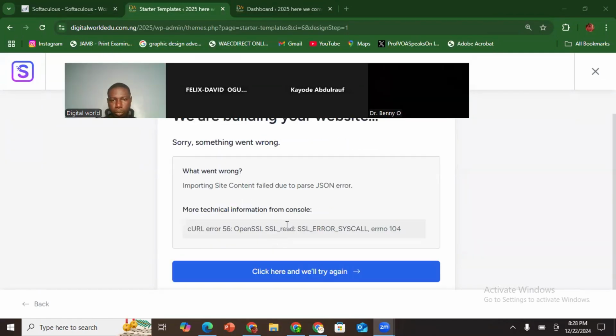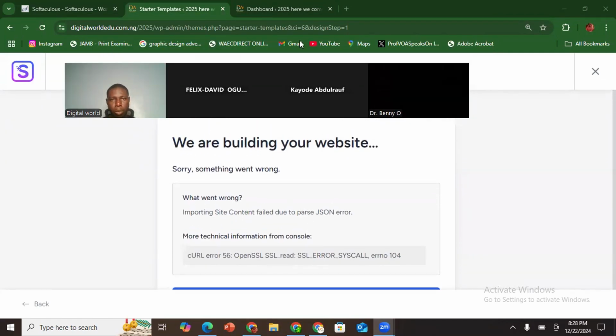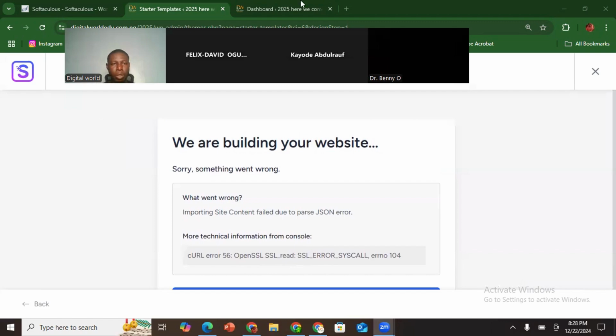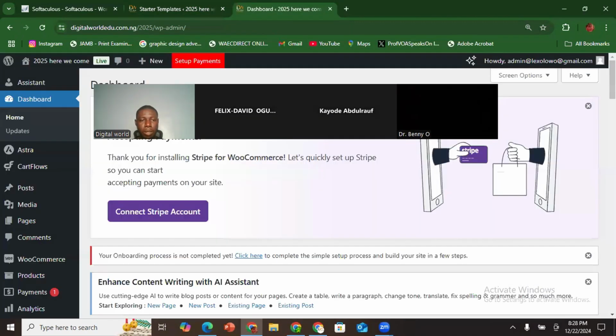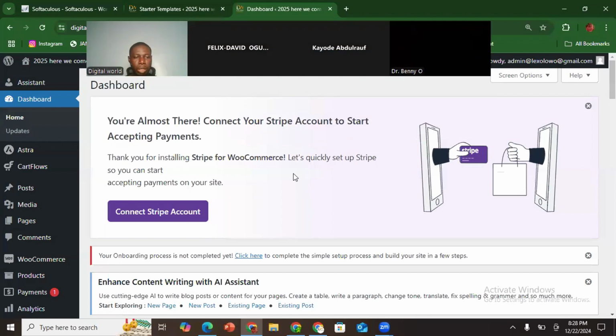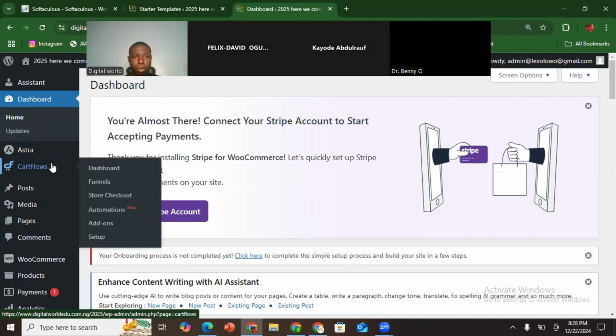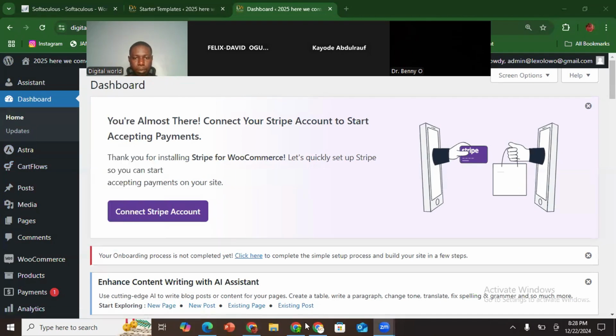Okay, so let's take it up from here, right? So once you have installed your theme, the next thing you want to do is to build the website, right? Customize your website. So at this point here,